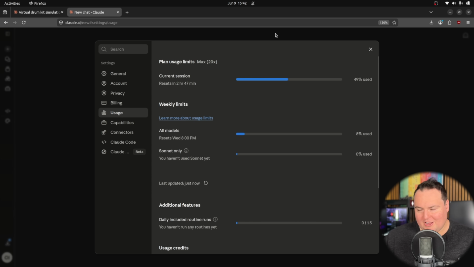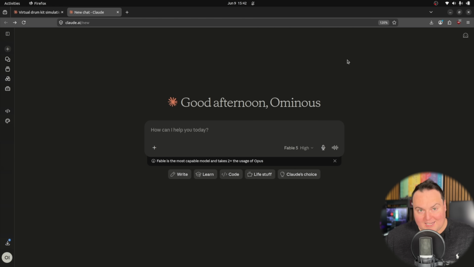So if you recall, we started that from absolute zero, and we've used 49% of our 5-hour usage allotment, which will reset in 2 hours and 47 minutes. For all models, we used 8% of our usage. I was running pretty heavy things, at least multiple different tasks, not necessarily large code bases that it had to chew through. So your usage may vary depending on what you're doing. But in terms of zero-shot generations, the usage was, I would say, fair, though I do have to recall I did upgrade to the $200 subscription prior to filming this. Still, I would say play with this now while you have it here in the web chat interface, assuming you do have access to it.